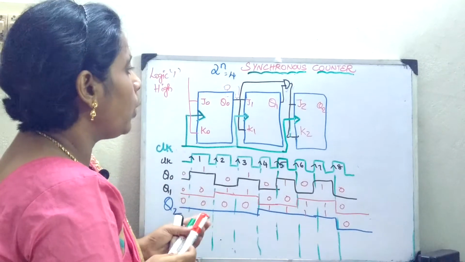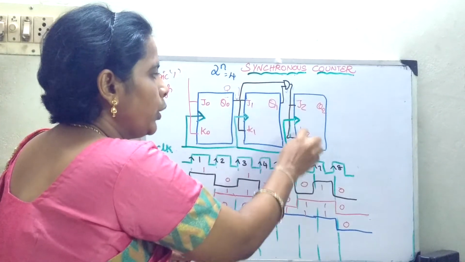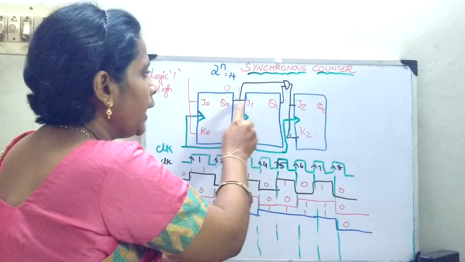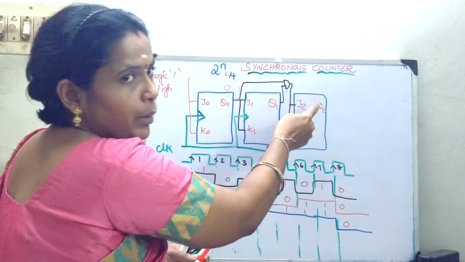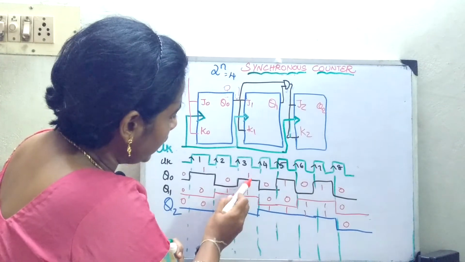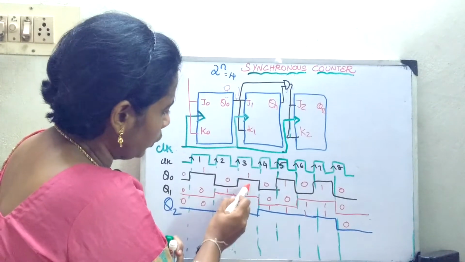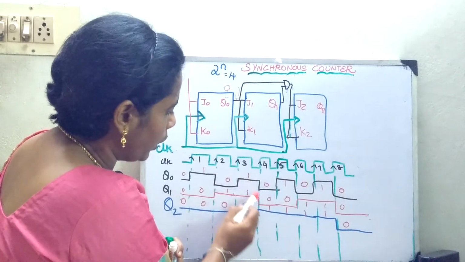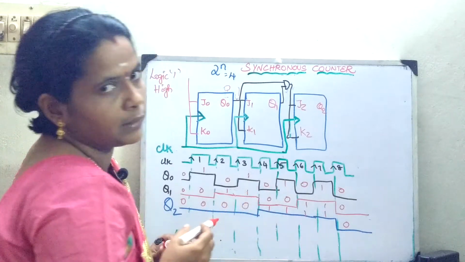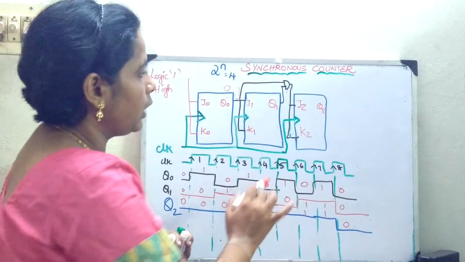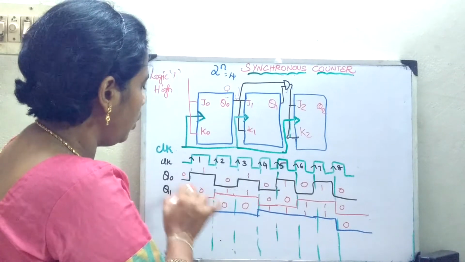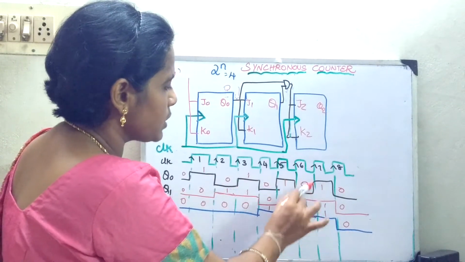Okay. Now what I have done, instead of giving the output directly to J2 and K2, is put an AND gate. What does it mean? Only when both the inputs are 1 will this gate be activated. That means when both the inputs, the previous Q0 and Q1, are 1, it moves on to the toggle state from 0 to 1. That is the condition. Okay, now we have drawn a 3-bit counter. If you look at the numbers, it is counting 0, 1, 2, 3, 4, 5, 6, 7, 8.